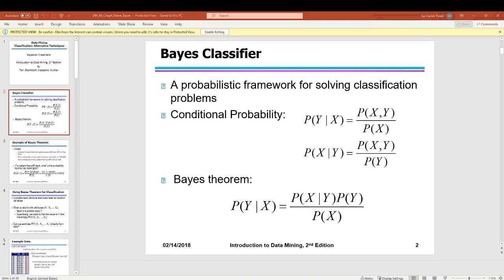Hello, in this video we are going to talk about the Naive-Bayes classifier. The Naive-Bayes classifier is a probabilistic approach for solving classification problems, where we have to classify a given input as true or false. Unlike neural networks and support vector machines, the Naive-Bayes classifier makes use of probabilities for classification purposes. In the Naive-Bayes classifier, we mainly calculate the conditional probabilities for a given output, and we use the Bayes theorem for calculating the conditional probabilities.